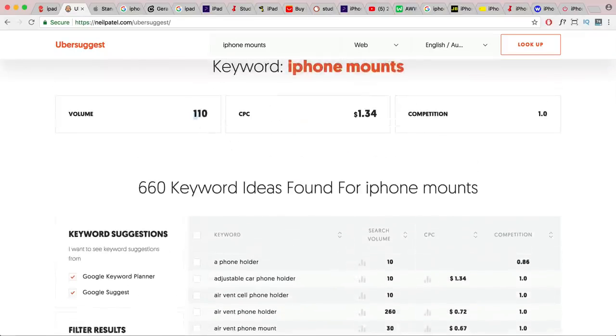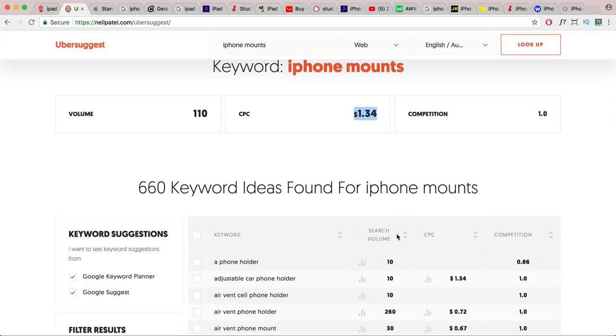So here, this is the search volume per month. CPC is cost per click. So for people who are advertising on AdWords, if people actually click into the AdWords result, then they have to pay Google $1.34. Okay, this gives an indication of how competitive the landscape is for organic search, but it's not